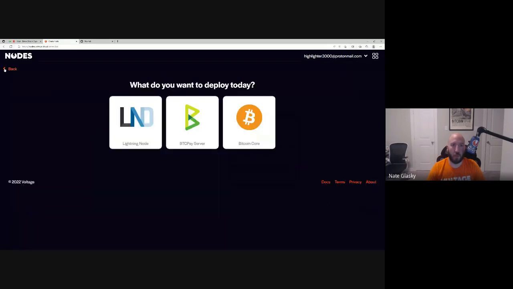So when you get to this option here, you will not want to use a Bitcoin Core node. Just pick Lightning node. All the Lightning nodes have access to the Bitcoin base layer. Bitcoin Core is only if you want to do specific Bitcoin base layer development of some kind. So you can ignore that and just pick Lightning. BTCPay Server is really neat. It's what you can use to do crowdfunds or web stores, and you can connect that to your node also. So you can do online commerce.